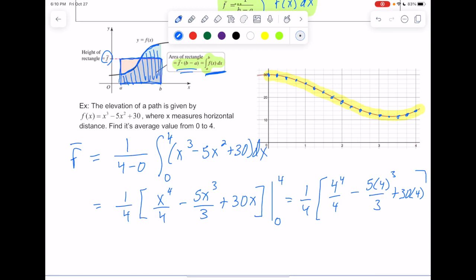Then we would have the minus that we get when we plug the 0 in, but when you plug the 0 in, you just get a 0. So that part right there, that's what we need to figure out. I'm going to go ahead and show you the little trick I did before on the calculator, and we're just going to let the calculator sort all this out and convert it to a fraction for us. So let's head there.